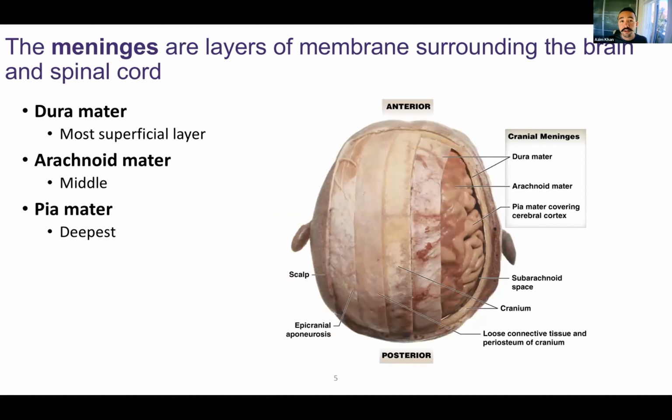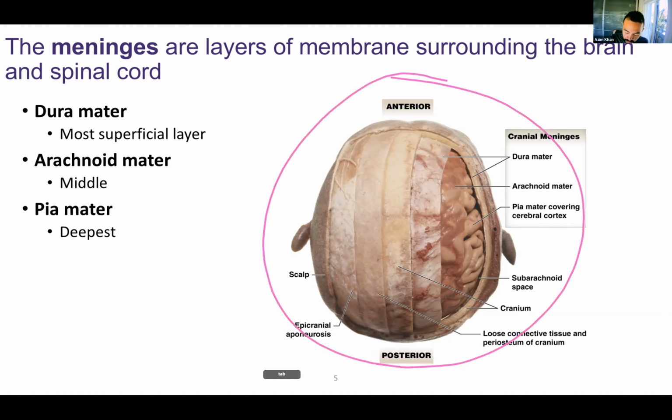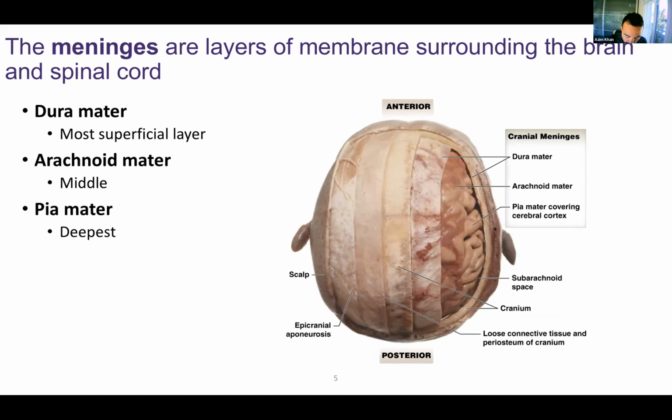So to start with, what is actually protecting the brain, besides the bone, are something called meninges. If we take a look at the scalp here, we're looking from a superior view, you can see here's the skin. Skin means epidermis, dermis, and hypodermis. So you remove that. Next layer is that epicranial aponeurosis, that special muscle-to-muscle tendon that's connecting the frontalis muscle to the occipitalis muscles. Aponeurosis is dense, regular connective tissue. Remove that,